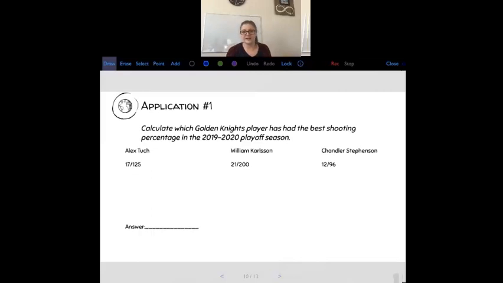So if you're looking at these fractions, you're like, well, who does better? They all have different denominators, they have different numerators, what are we working with here? You can convert these fractions to percentages in order to compare them, because percentages level the playing field. So you would take 17 divided by 125, which would be 68%. So Alex Tuch, oh, not 68. That should be 13.6. Had the wrong answer written in my notes. That would be a really high percentage. So Alex Tuch is 13.6, William Karlsson, 10.5, makes it 10.5% of the time, and 12 out of 96 would be